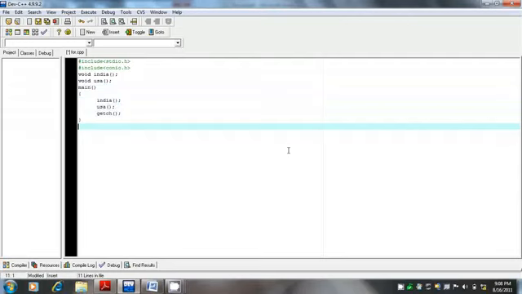Now is the time for function definition. This is void India.